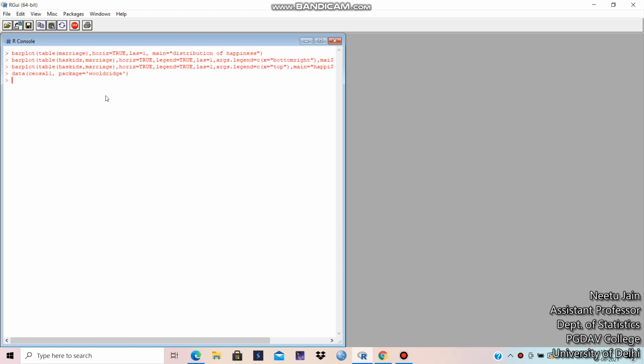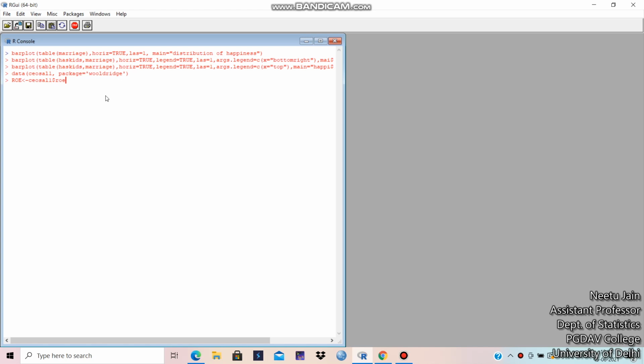Right. Now let's see the variable in this data set CEOSAL1. Suppose I'm obtaining a variable from this data set called return on equity. So I'm calling this variable name ROE. ROE means return on equity. It is ROE is equal to, from this data set, I am taking the variable roe.